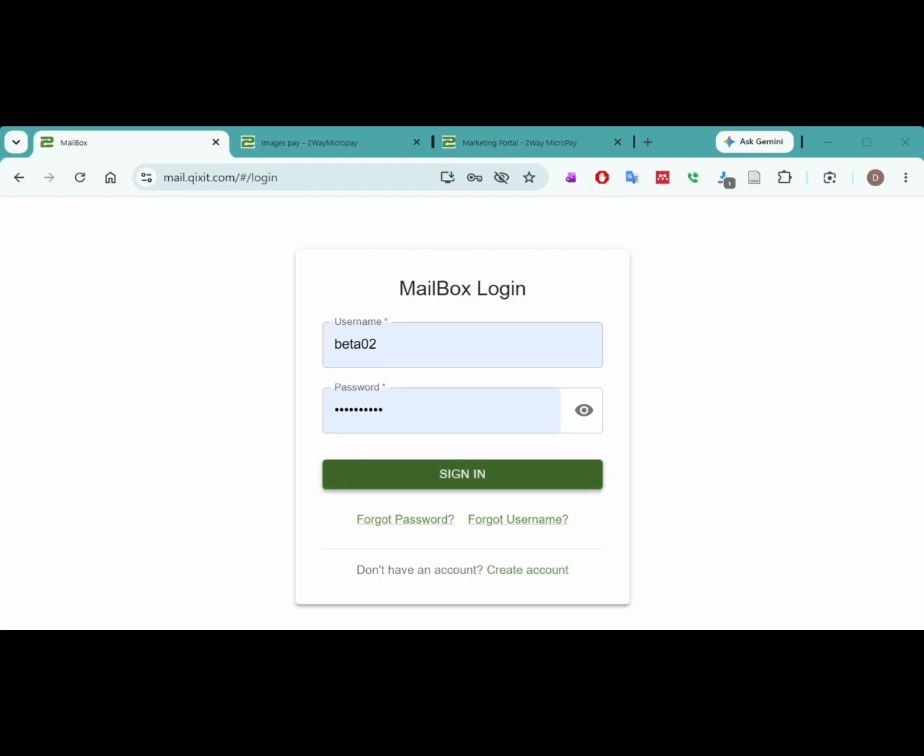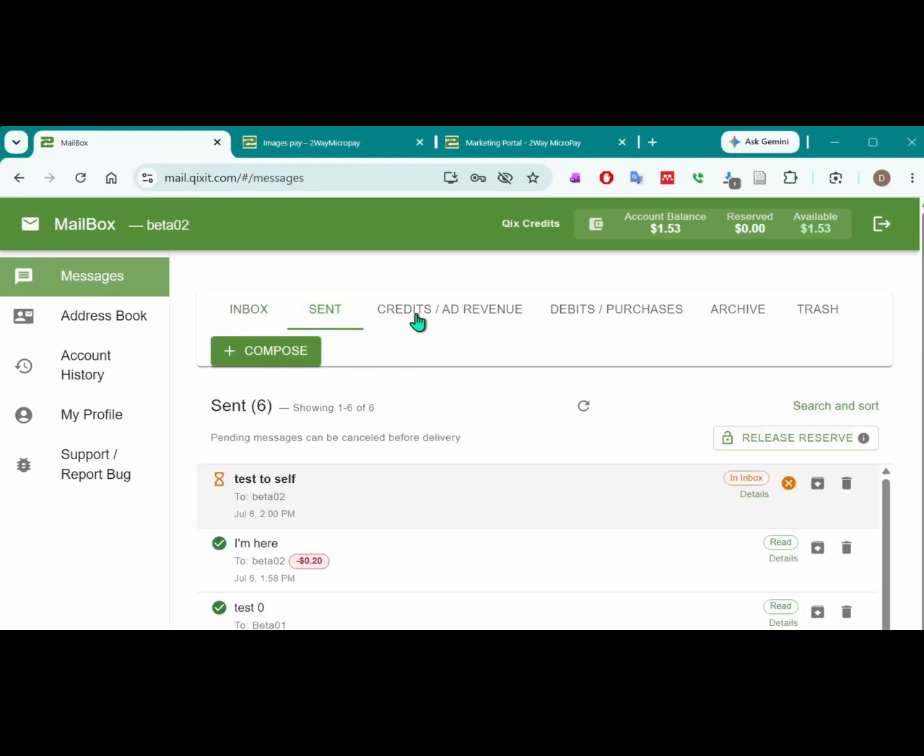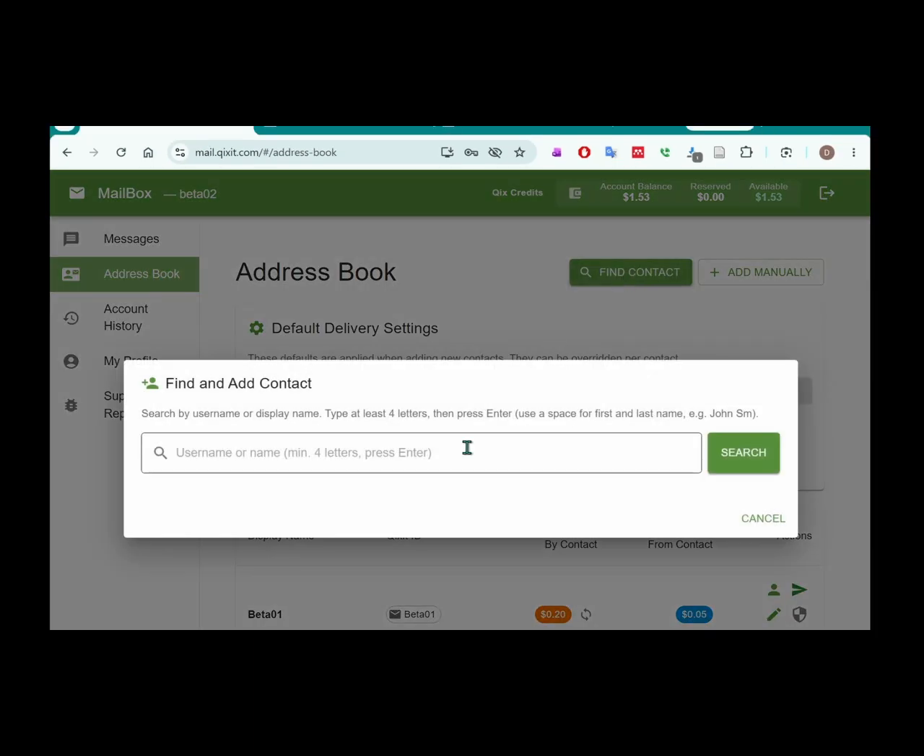So here's a little introduction to what you'll find in the Qixit Mailbox. When you log in, you will immediately come to the messages where you'll see if you have any messages in your inbox. You can also see where you've sent messages. Address book, you'll be able to look up a contact if you want to look up